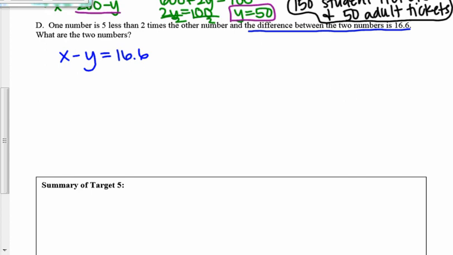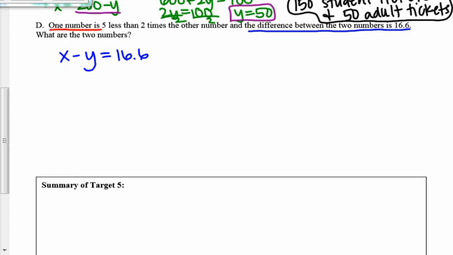So I kind of skipped the declaring your variables step here, where you say, okay, this is x and this is y, but it's not like a lengthy word problem where I'm saying ticket sales or points. I'm saying that just one number is x, the other number is y. So you can just skip that step here. So the difference between them, x minus y, is 16.6. And I also know that